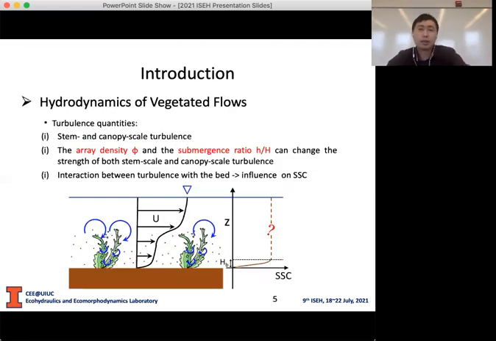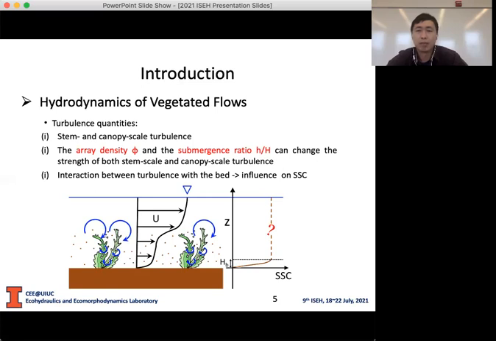So there are two main scales of turbulence. The canopy scale turbulence, which is generated due to sharp velocity gradient on top of the submerged canopy, and the stem scale turbulence, which is generated by the vegetation stem due to the drag exerted by the stem that interferes with the mean flow structure. Also, the array density and the submergence ratio can affect the strength of both canopy scale and stem scale turbulence. So these turbulence can interact with the bed, resuspend the sediment, and change the suspended sediment concentration